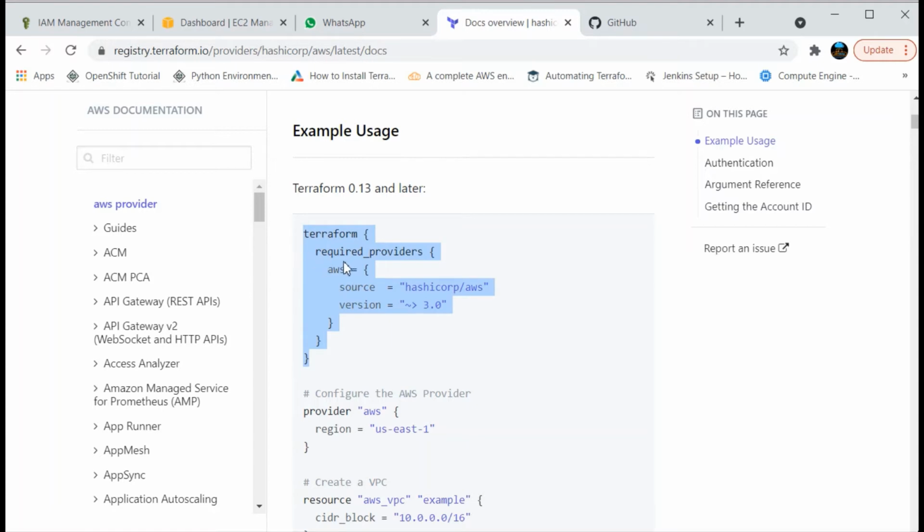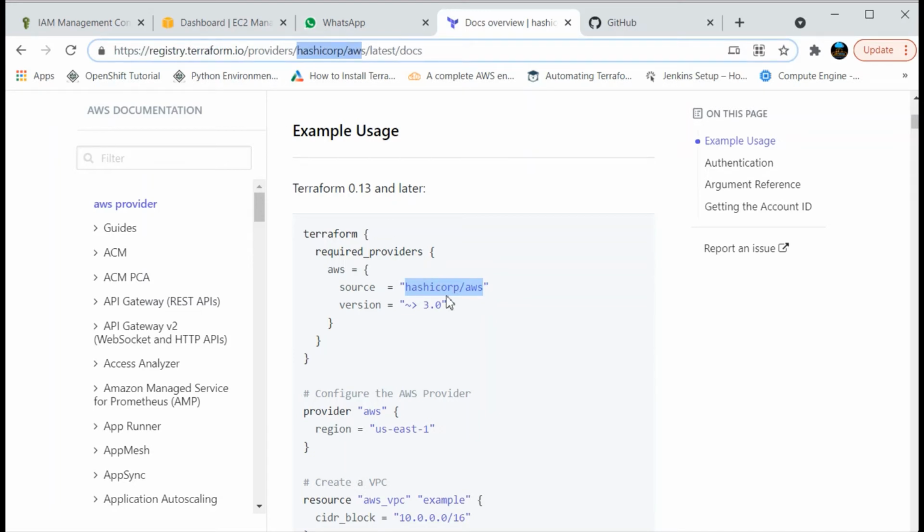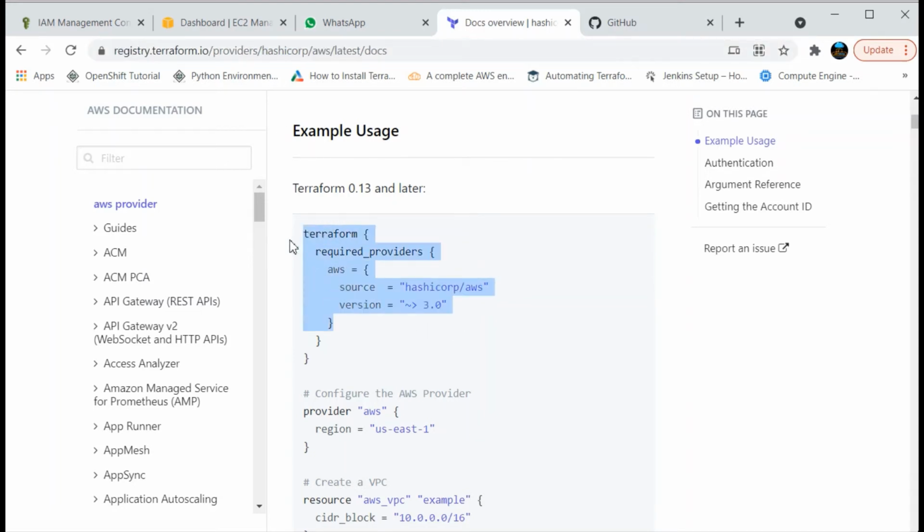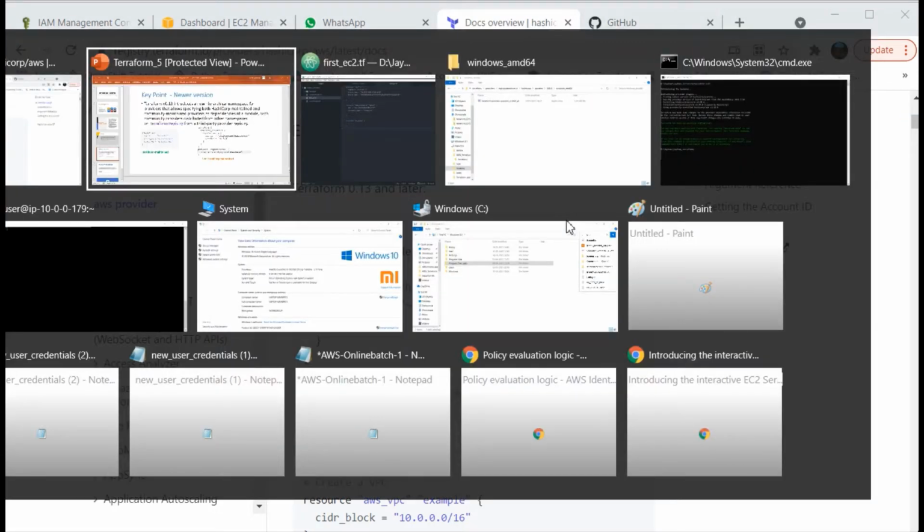Under this Terraform configuration, you need to provide required providers. Under that, AWS is your required provider, and then you specify the source you are calling this provider from. In the same way, you need to mention it for Terraform maintained providers or else non-Terraform maintained providers.